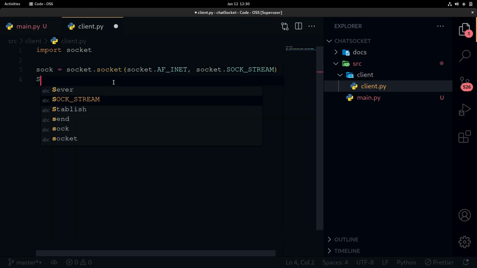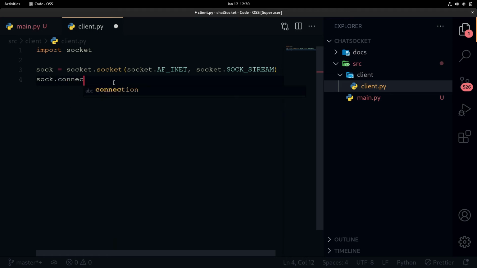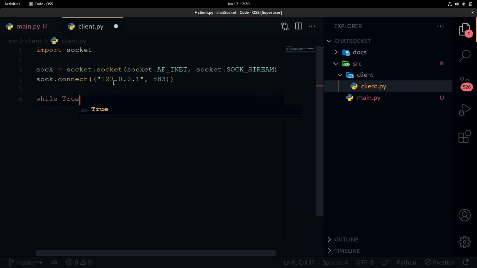We establish the connection to the host, to the localhost, on port 883. When this is connected, we create an infinite loop. Here we are going to create a message input: write your message.